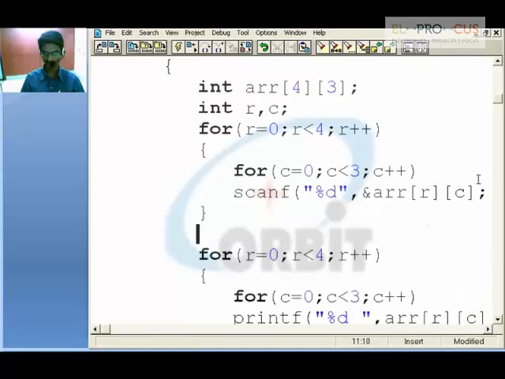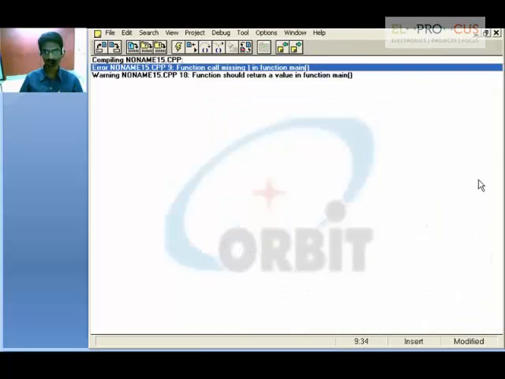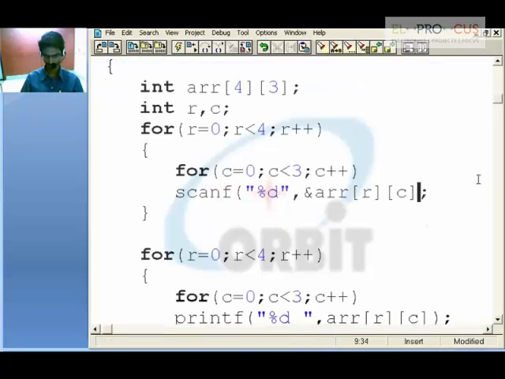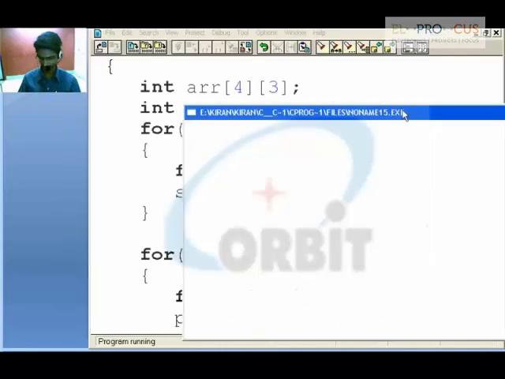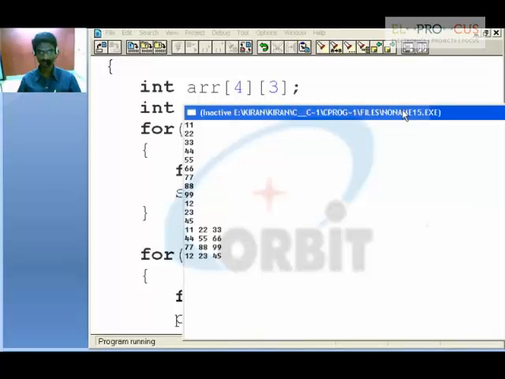That's it. With this we can scan some values. Let the values be in this way. It's a 4 by 3 matrix, as you can see.